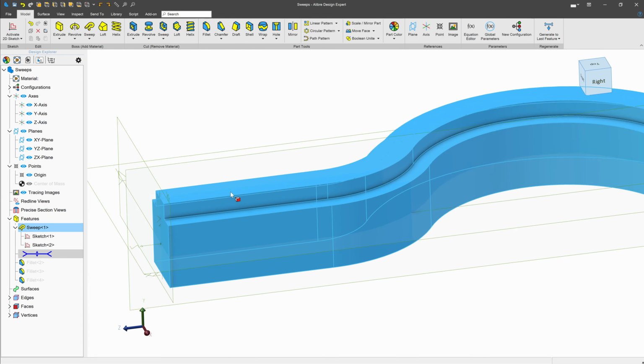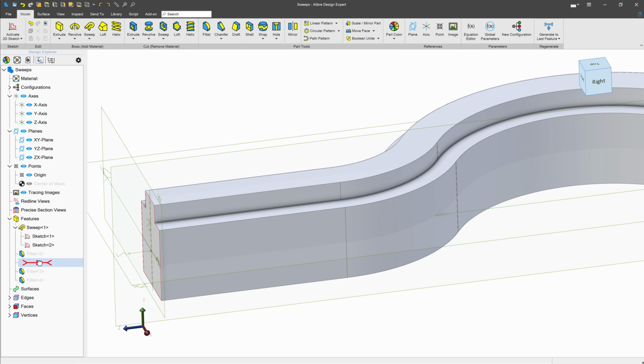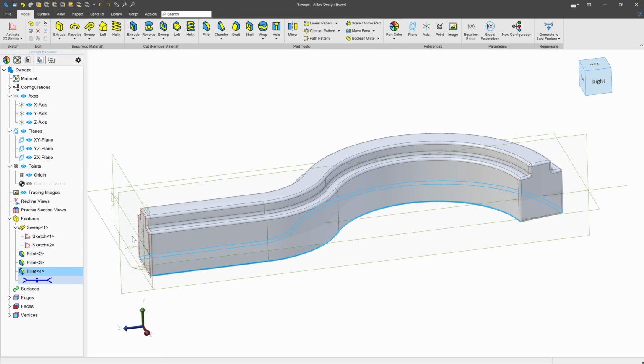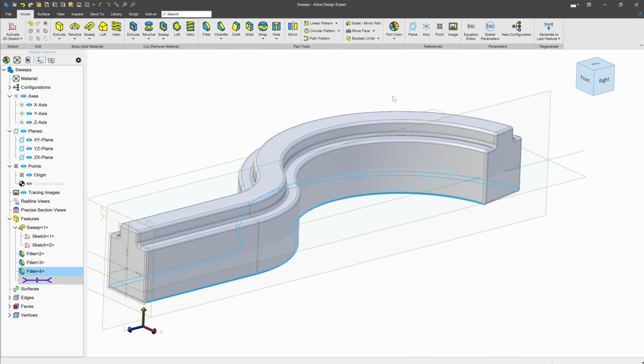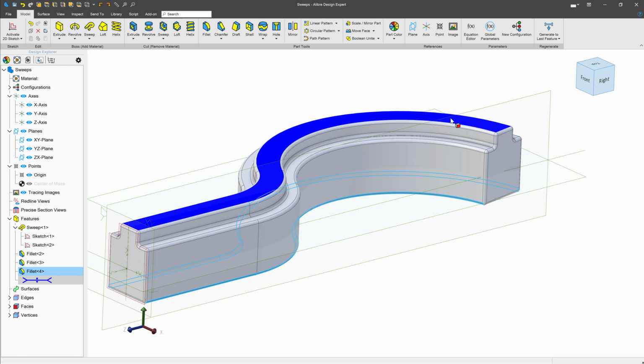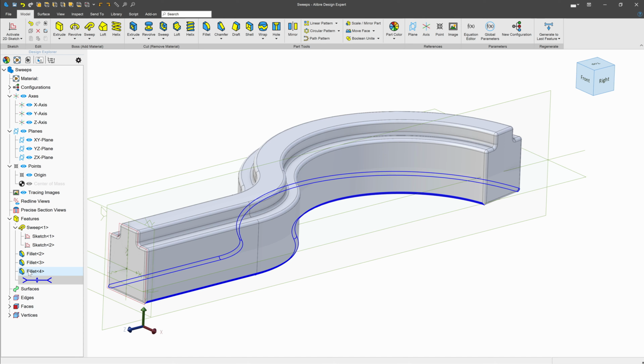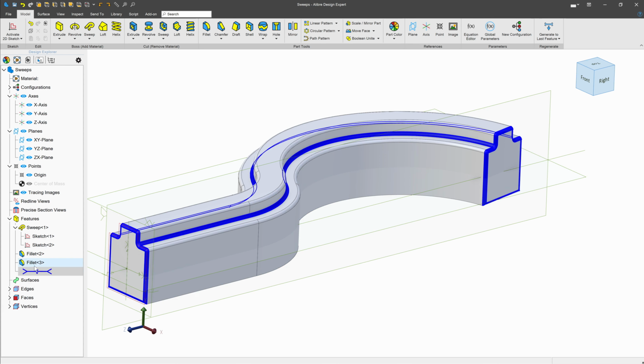Again, I will have a rebuild error if I move this forward. Oh, except I got rid of my chamfer, so I won't have a rebuild error. But hopefully you can see how rebuild errors work. Now if I delete my three fillets here,